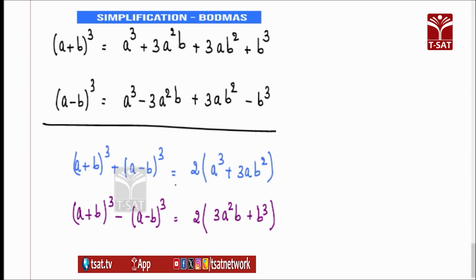So, if you do plus, a cube plus 3a square b will be left out. If you do minus, 2 into 3a square b plus b cube will be left out. They may ask you like this also, a plus b whole cube plus a minus b whole cube